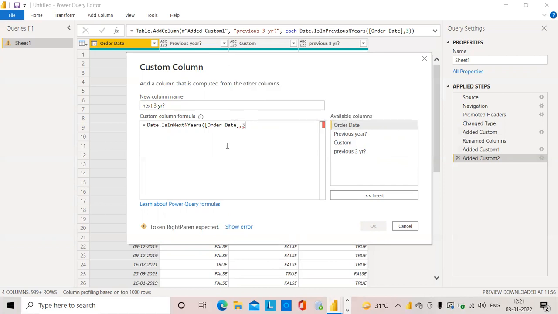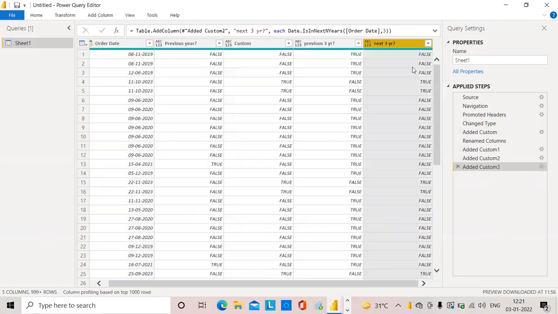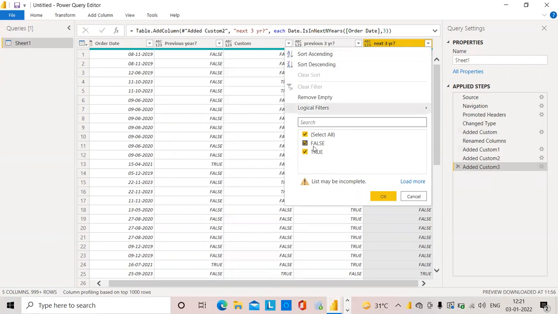I don't know whether 3 years is available in the data, so we'll see what the result will be. Then I will click OK. So it's filtering the next 3-year data. So we'll just filter this. True values only I will take.